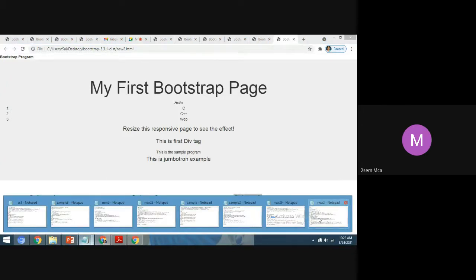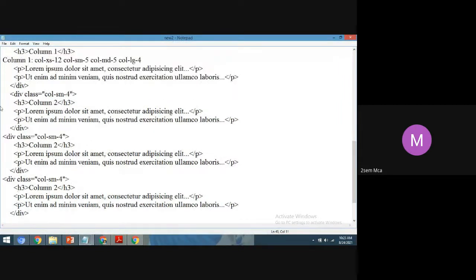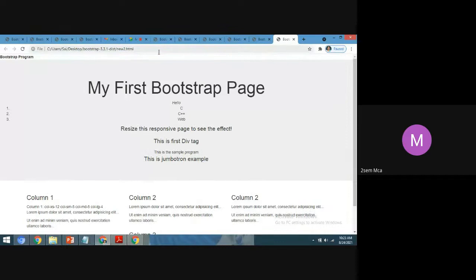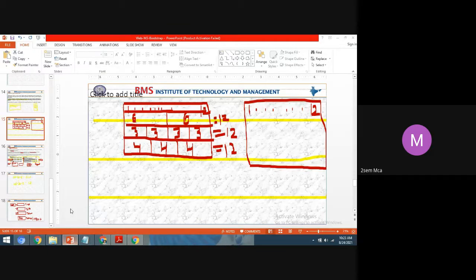Now if I add one more column, students, I mean one more div tag, it will not show that. So like this, you can modify the output screen.